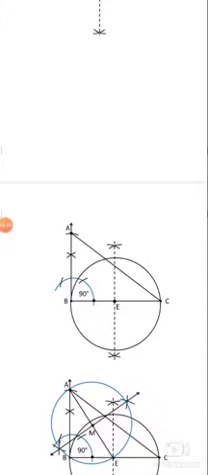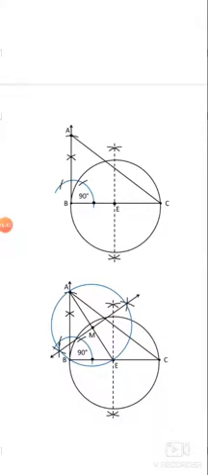Okay. After that, listen carefully. The next step is join A to E. Take more than half of AE. Draw the perpendicular bisector of AE. Mark that midpoint as M. With M as center and AM as radius, we draw another circle. That circle touches the first circle, black color circle, at two distinct points.